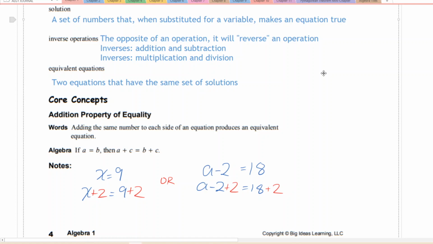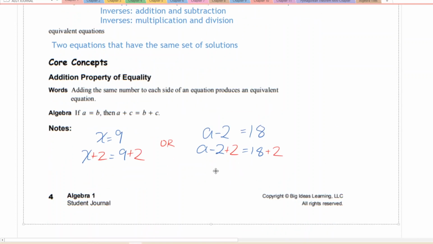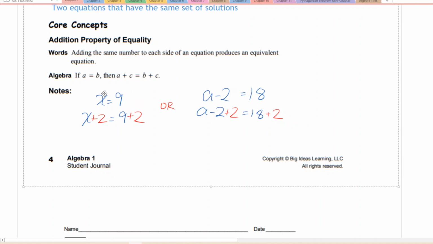And then equivalent equations are two equations that have the same set of solutions. So when we do mathematics, what we are doing is creating a bunch of equivalent equations. Try saying that fast. Equivalent equations that become simpler and simpler, which makes this next section with the core concepts absolutely ridiculous, because if you see that x